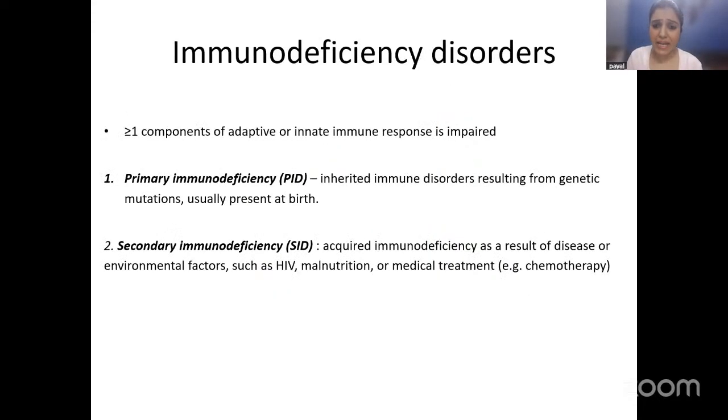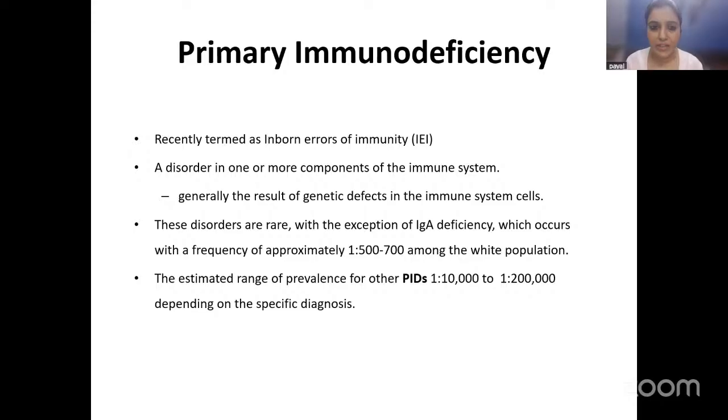So we know that there is either a primary immunodeficiency or secondary. Primary, we're not going to discuss secondary, HIV, chemotherapy. We're going to talk about primary, which are now actually termed as inborn error of immunity. They're no more called primary. And let me tell you one more important thing. We are calling allergic mimickers of inborn error of immunodeficiency, but per se, PID or inborn error of immunodeficiency are really rare disorders, very, very rare.